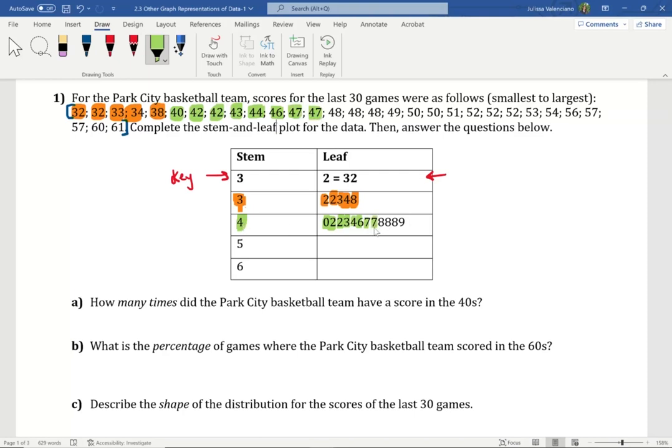We have 4 and 8, and that is repeated 3 times because we have 48 showing up 3 times in our data set. Okay. The last one we have in the 40s is 49, which corresponds to 49. Notice here we can see that we had 1, 2, 3, 4, 5 scores in the 30s. We can see that we had 1, 2, 3, 4, 5, 6, 7, 8, 9, 10, 11, 12 scores within